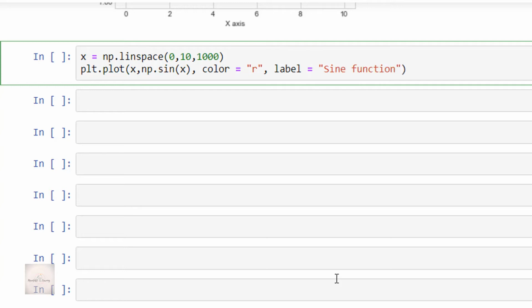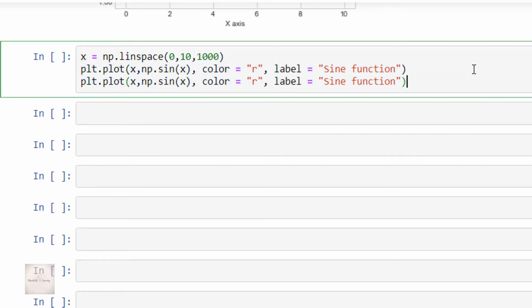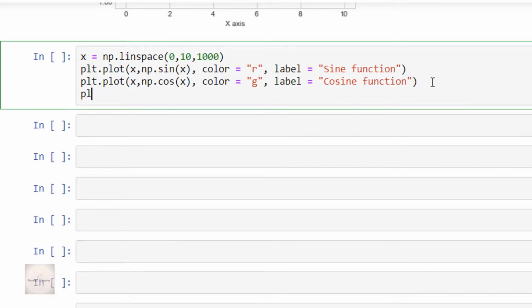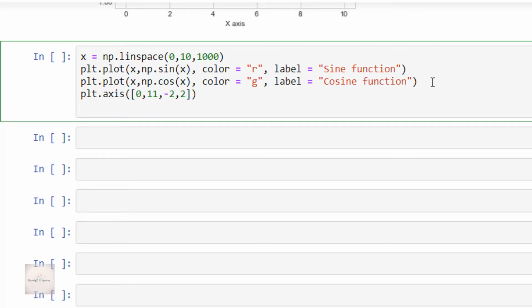Then plt.plot of x, np.cos of x, with color g, and the label changes to cosine function. Then plt.axis of 0, 11, -2, 2, that is x minimum, x maximum, y minimum, and y maximum.